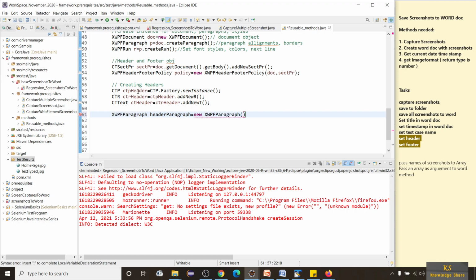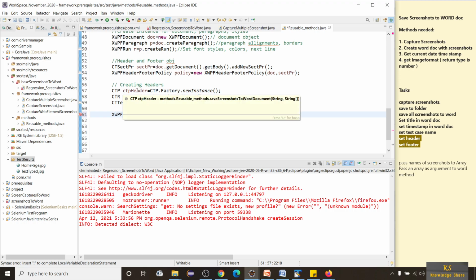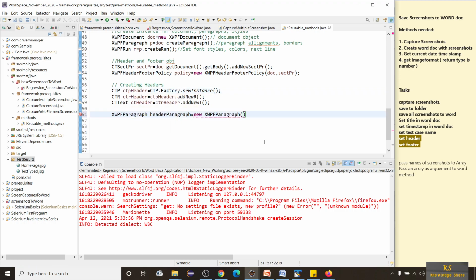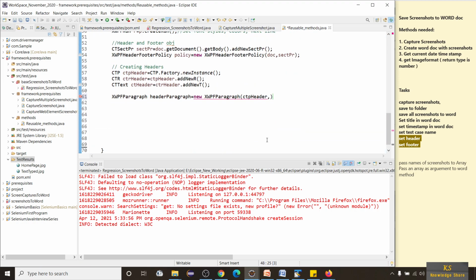I need to pass the object which I created here, CTP header, comma, the main document which we created. Then again I have to create the run which will format the text in the Word document. XWPFRun, headerRun is equal to headerParagraph.createRun.